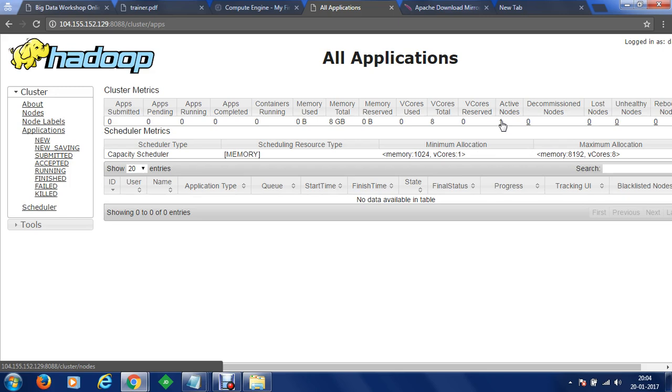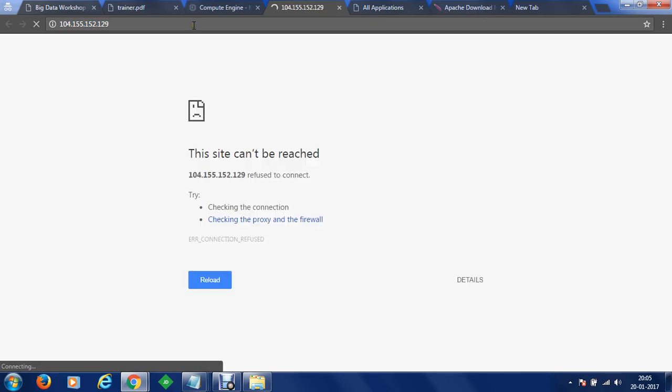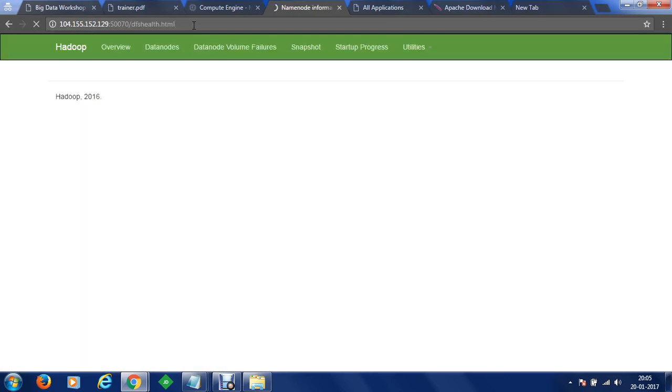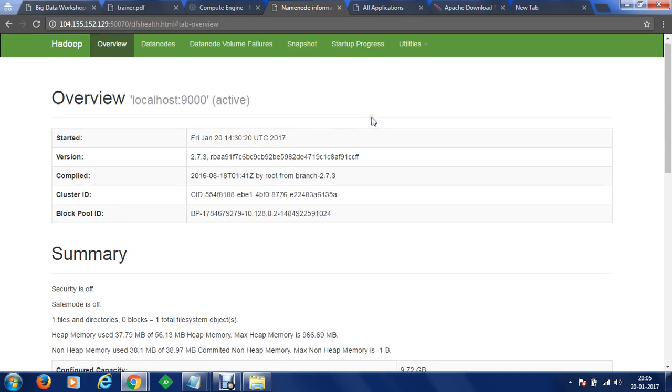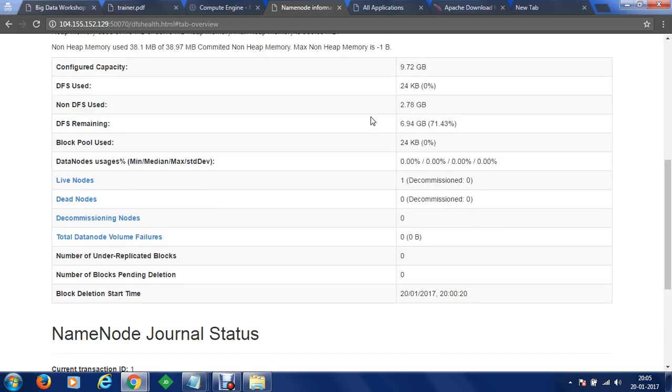You can install Hadoop for multi-node cluster as well. So you can have one master node and various other child nodes, and you can distribute large data sets to multiple machines as well. In order to access the name node information, we can browse to this IP address, and in this case we'll browse to the port number 50070. As soon as we execute, we reach the name node information, and here we will be able to access information about data nodes and the data sets which are available at the moment on our Hadoop system.